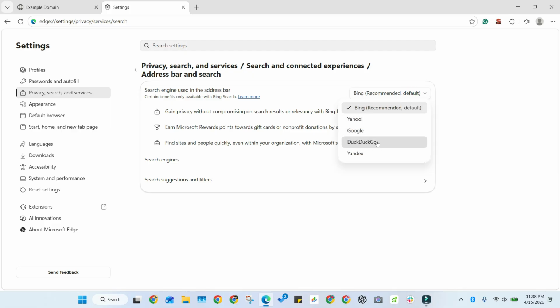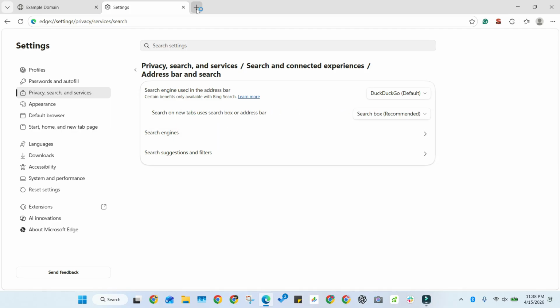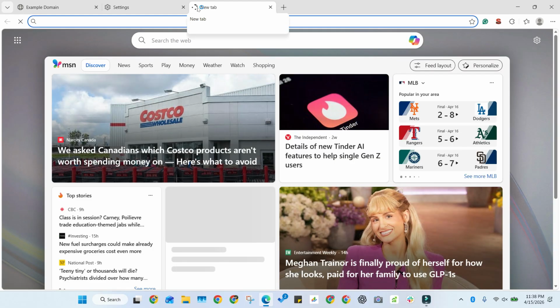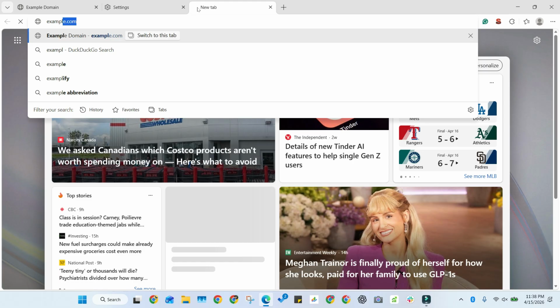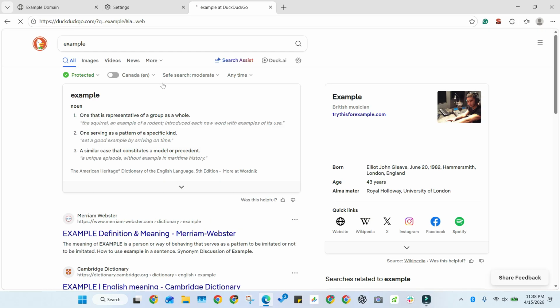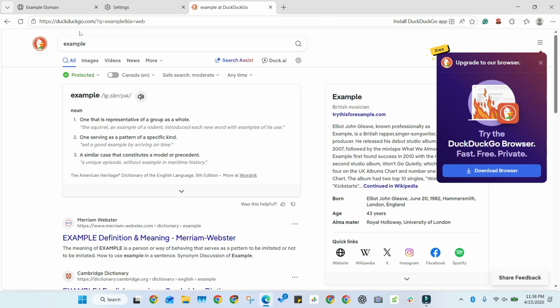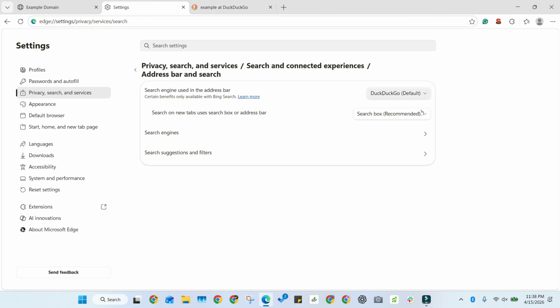If you change it, it will be changed. So let's go and search something. You will notice that it is using DuckDuckGo now. Okay. However, if you don't see the search engine here, the one you want to use, you can go to